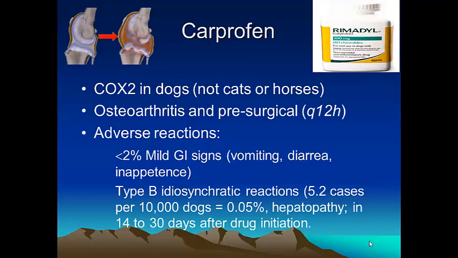So when they started selling this drug to the entire market, they obviously had a much larger population of animals exposed to the drug, and by doing so, they also started seeing what the adverse effects of the drug would be, and the most common ones, as I say, in less than 2% of the animals were vomiting, diarrhea, anorexia, and there were also a very minor